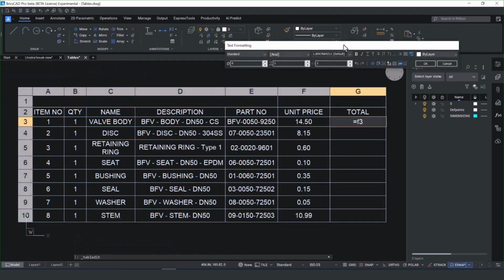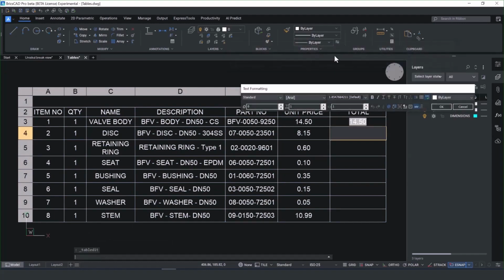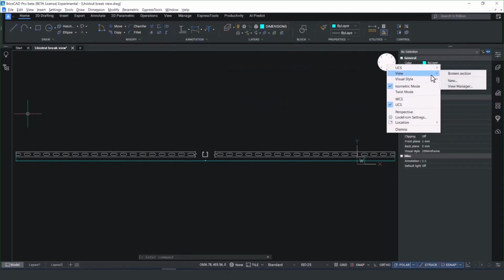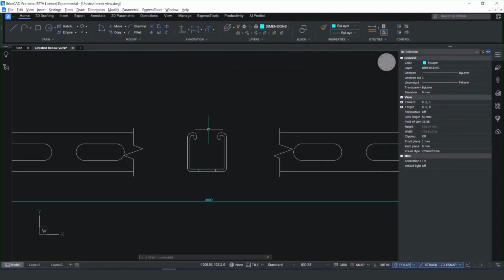The table-based functionality improvements don't stop there. You've also got the ability of copying formulas from one cell to another, making it really quick to total up values. For parity to other 2D CAD platforms and to speed up your drafting practice, we've added two new dimension types